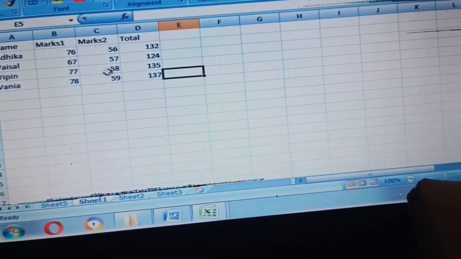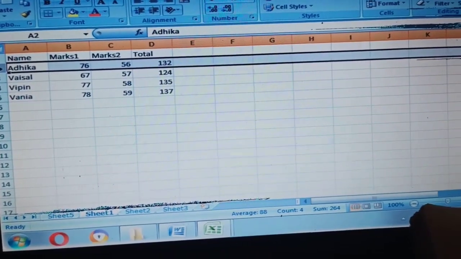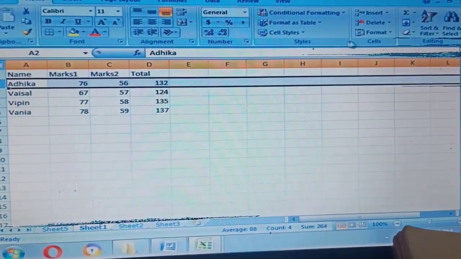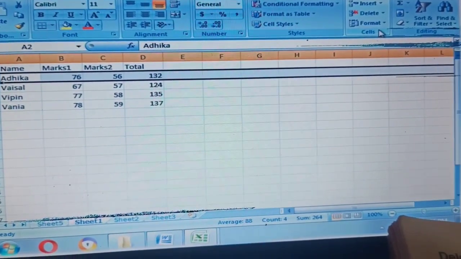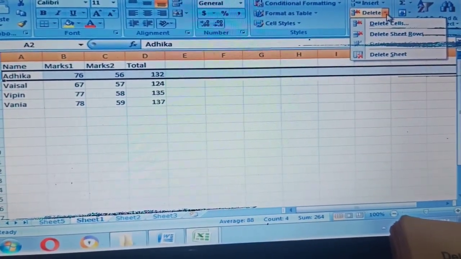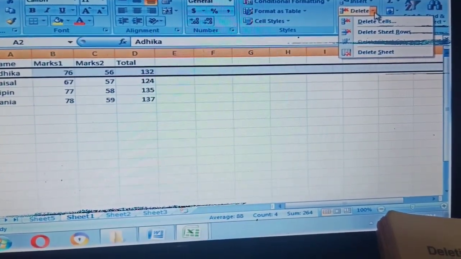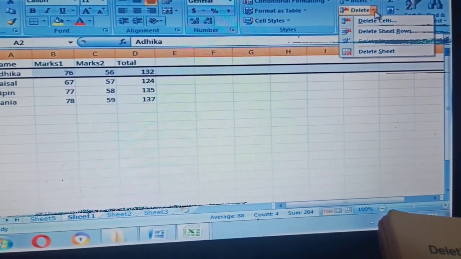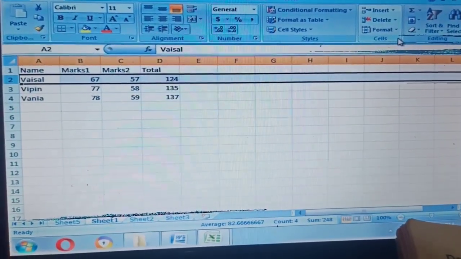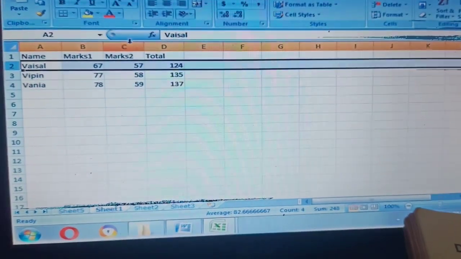Deleting rows. Select the row by clicking on the respective row label. Click on the Home tab, Cells group, Delete drop-down list, Delete Sheet Rows option. Or right-click on the row label, select the Delete option from the shortcut menu.